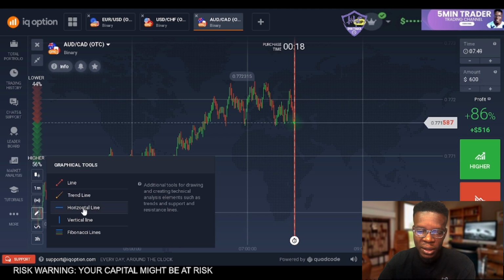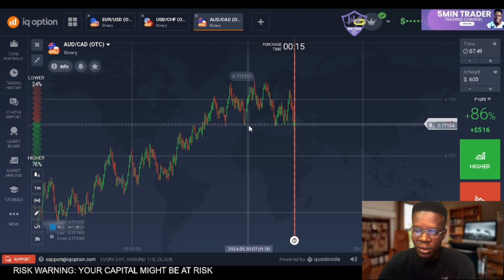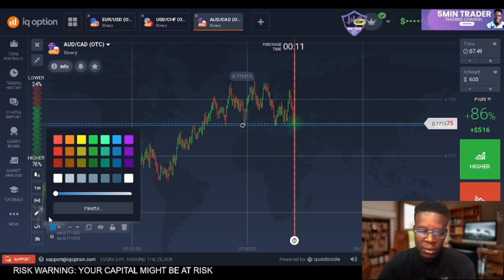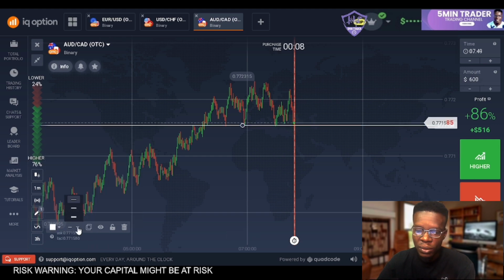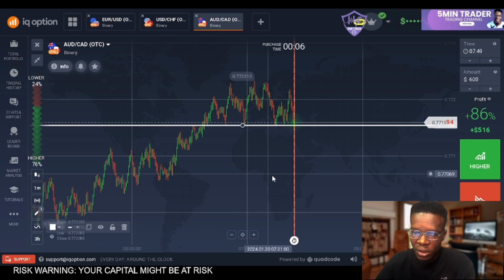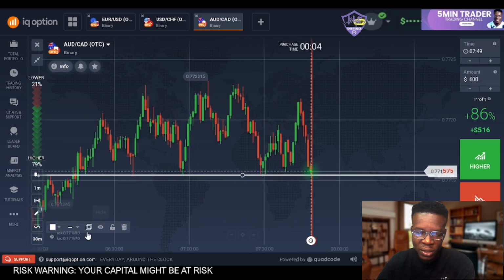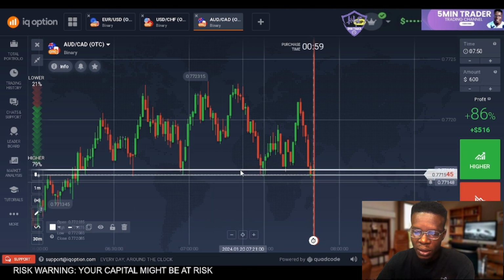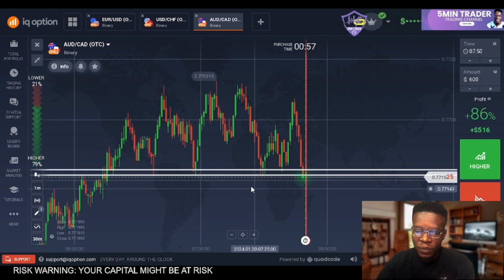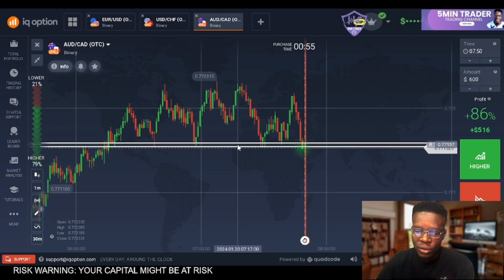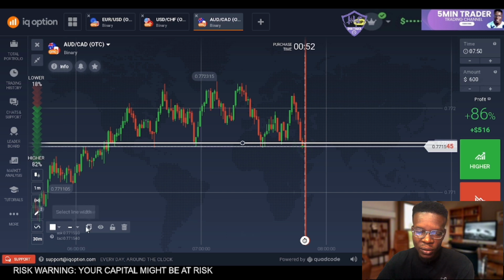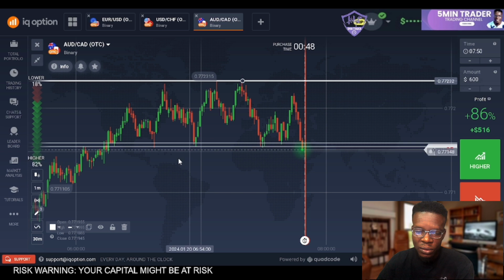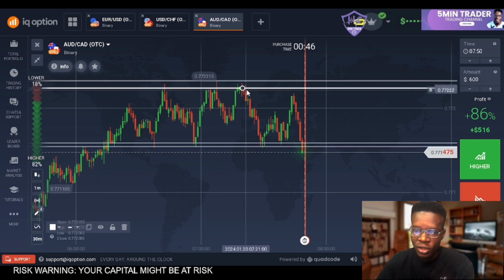I'll try to get a horizontal level and I'll have it here. So I'll make this white and I'll also make it bold just so you can see. I'll try to create a zone out of this level, so I'll connect here as well. So again, I will also get another horizontal level and I'll have it on this level. Just for the sake of my explanation, I will have it here,